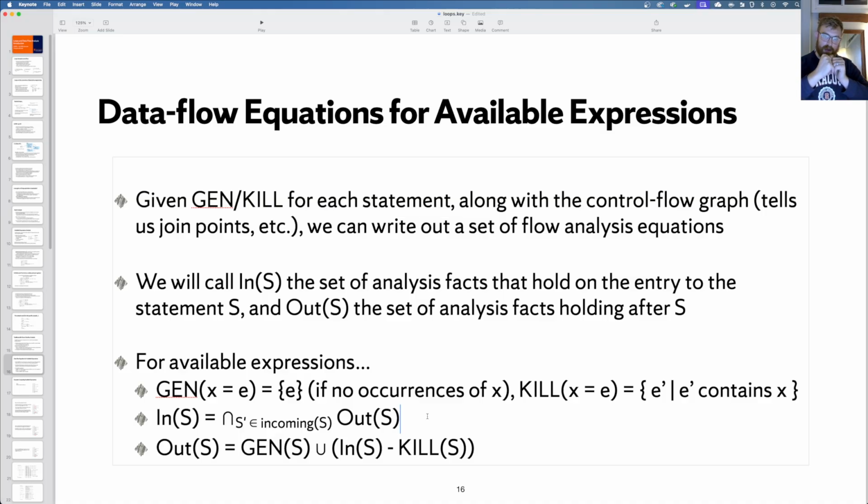If it's a join point, it's going to be all of the different paths coming to our node, and we're going to intersect them together to get the set of analysis facts for that in. And then to generate the out, we're going to push the information forward. How are we going to do that? We're going to take our in set, subtract out everything that gets killed, and then gen in everything that this current statement generated.